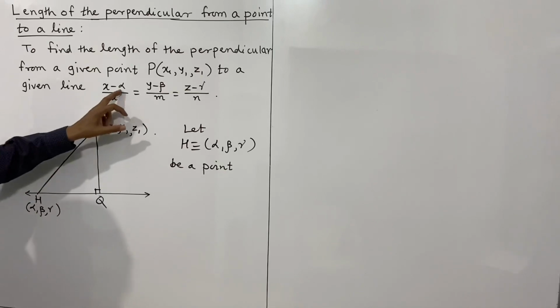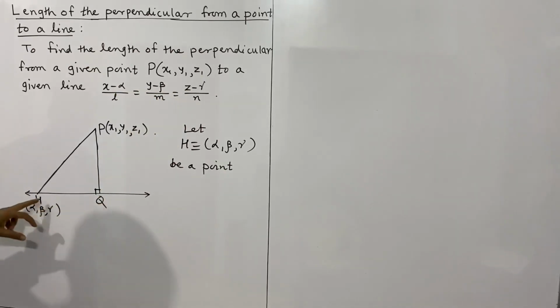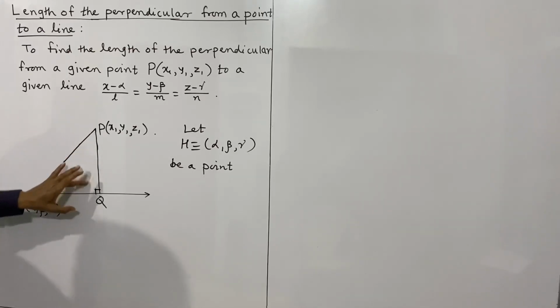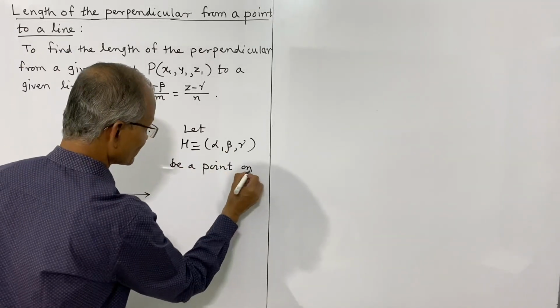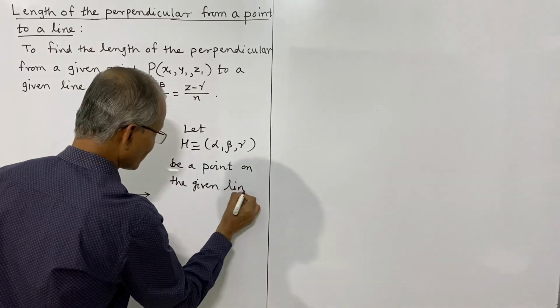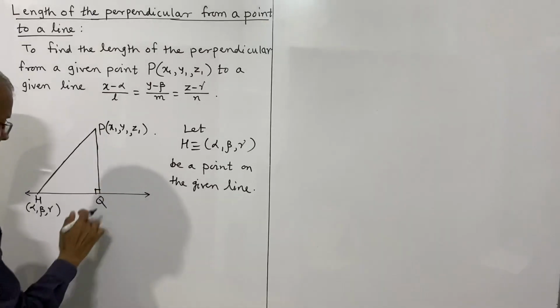The line equation means the line passes through alpha, beta, gamma, and this is the line we have shown, and H is the point. Here is the point P. We want to find the perpendicular distance PQ. So let alpha, beta, gamma be a point on the given line, and P is the point given. So let PQ be the perpendicular